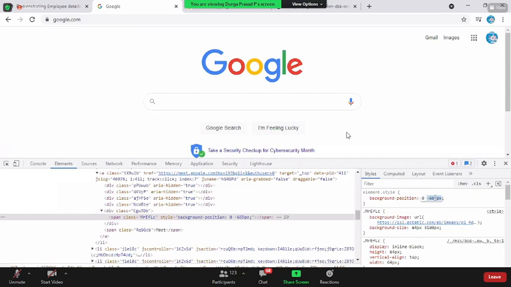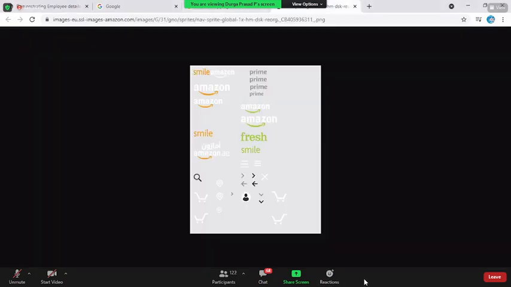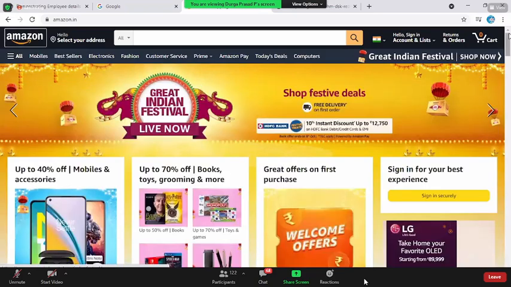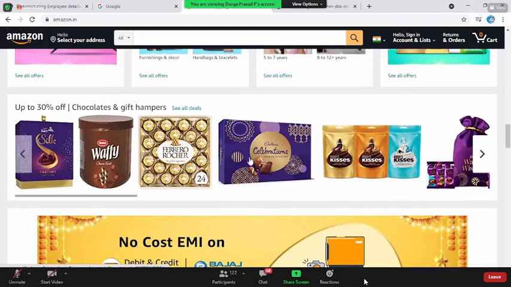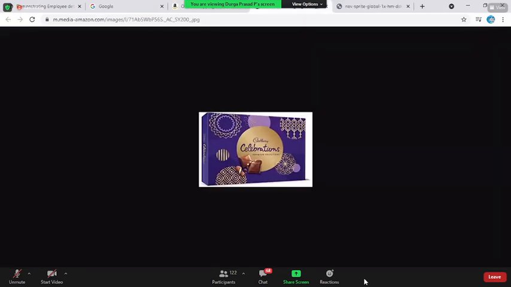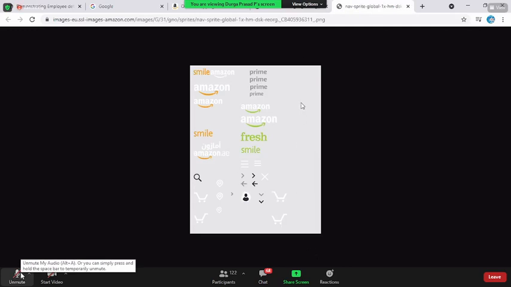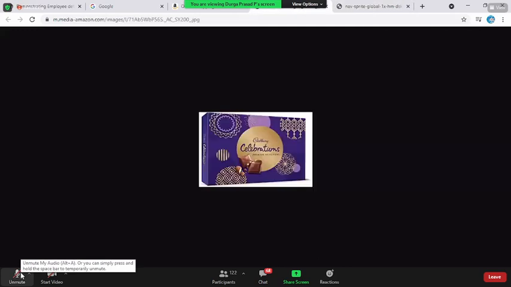If the image is changing frequently, then we call it a non-static image, right? Now when I go to Amazon, you see, he has created one image for all these icons. Say, for example, I have this product image, right? Click on this, open image in new tab. Is it a spriting image or a non-spriting image? Non-spriting. Why so? For these icons, he has created the spriting image, but for the products, why hasn't he? Because you know that the image is not static, it is dynamic. Every time it is changing. Don't go for the spriting.